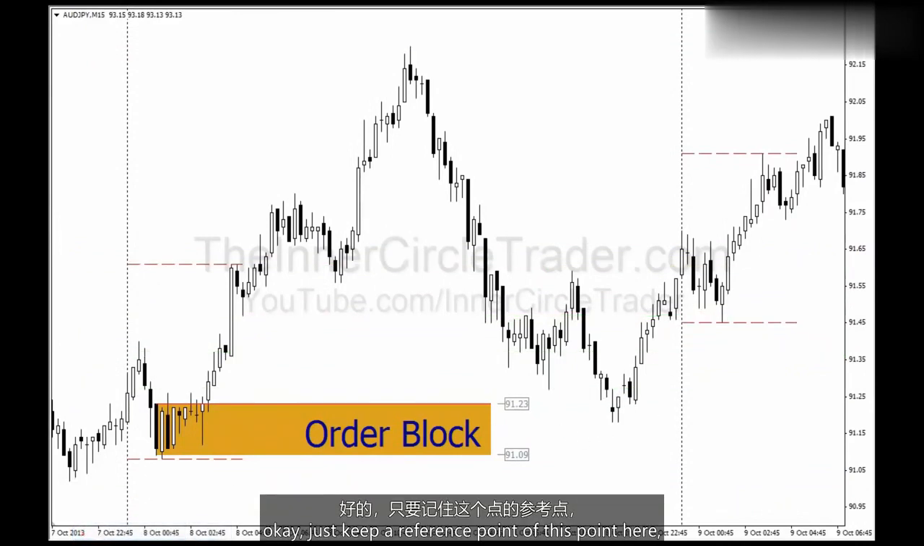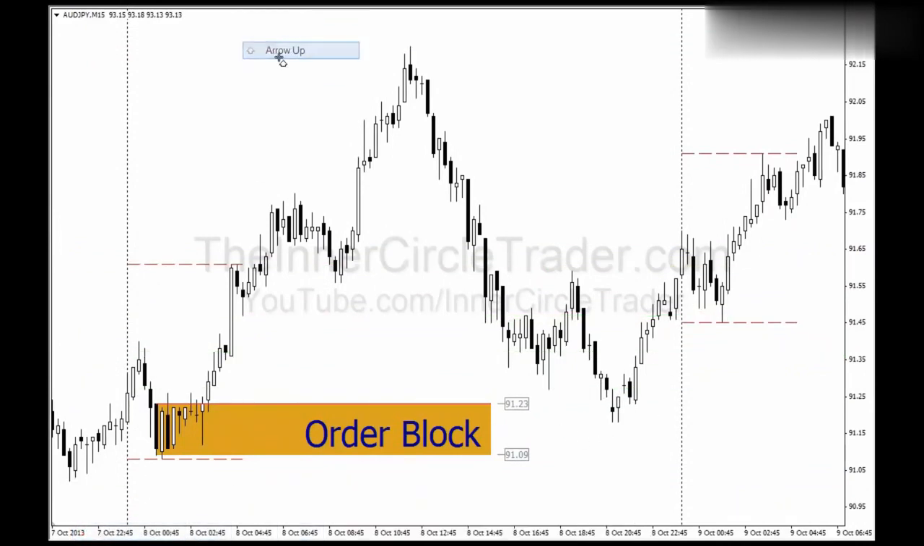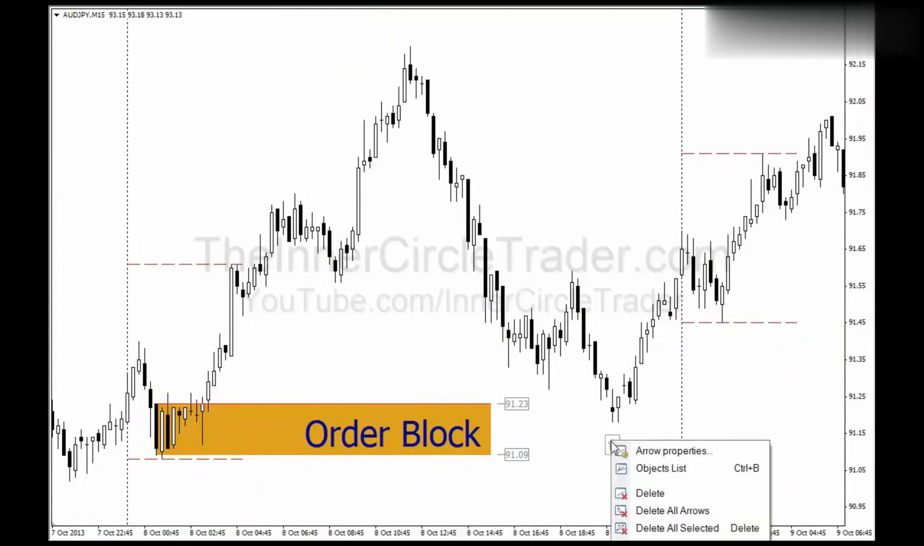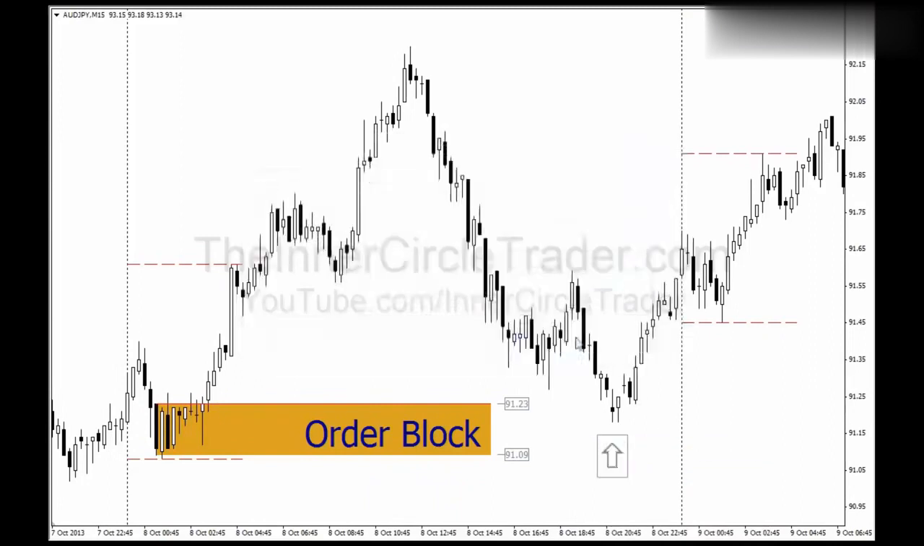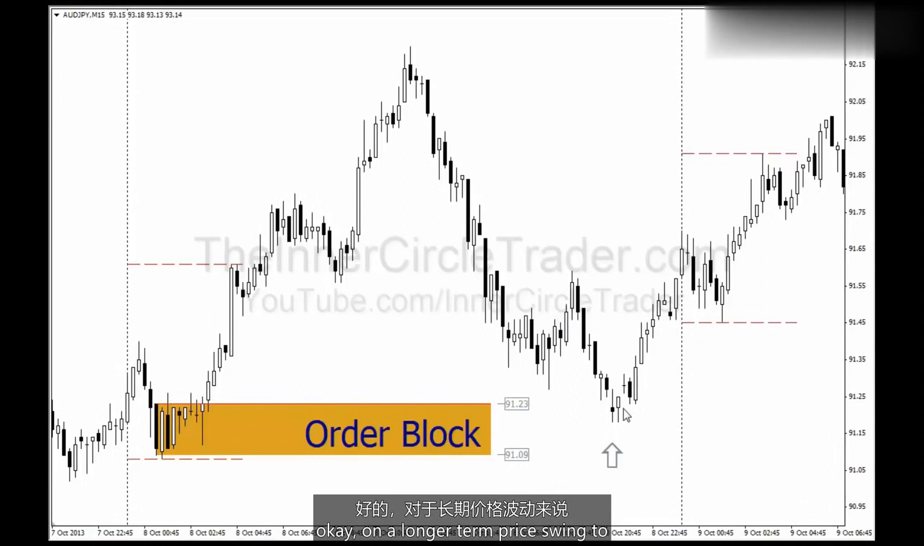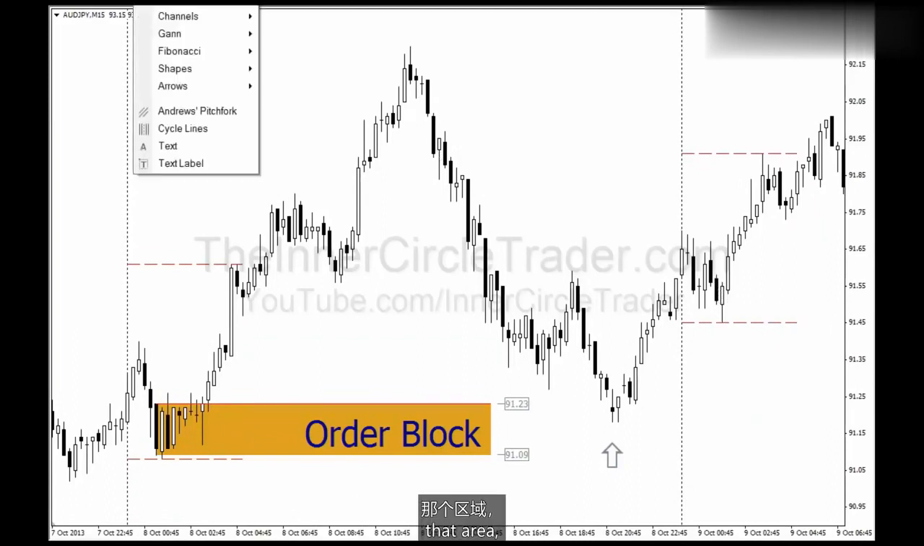Okay, just keep a reference point of this point right there, and probably make it bigger. Alright, so this is our reference point for the entry on a longer term price swing. So moving higher, we have another order block, because we have a consolidation in here. We have this candle right there, this whole candle. So we're going to look at that area,